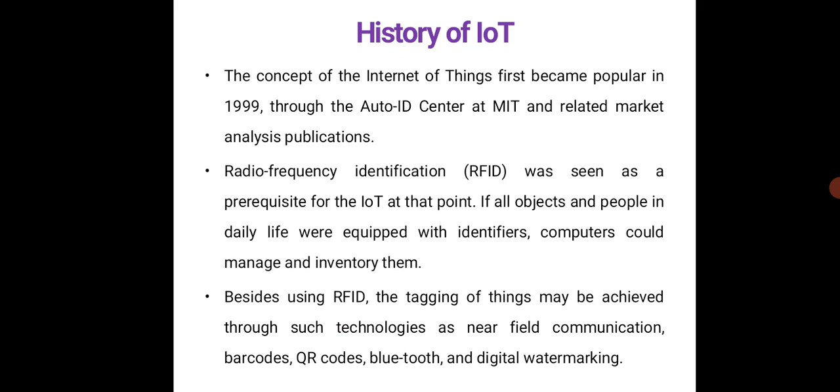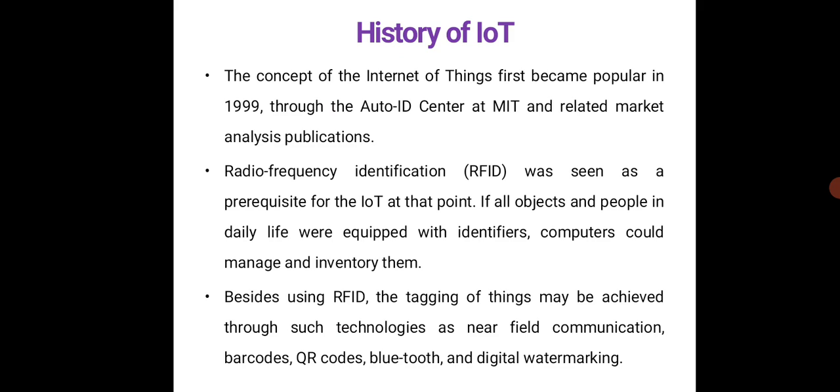The concept of Internet of Things or IoT first became popular in 1999 through the Auto ID Center at MIT and related market analysis publications. RFID, that is radio frequency identification, was seen as a prerequisite for the IoT at that point. If all objects and people in daily life were equipped with identifiers, computers could manage and inventory them. Besides using RFID, the tagging of things may be achieved through such technologies as near field communication, barcodes, QR codes,